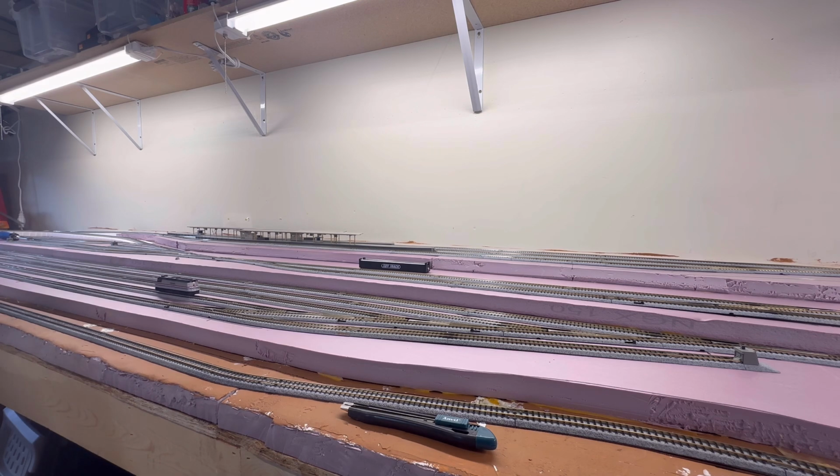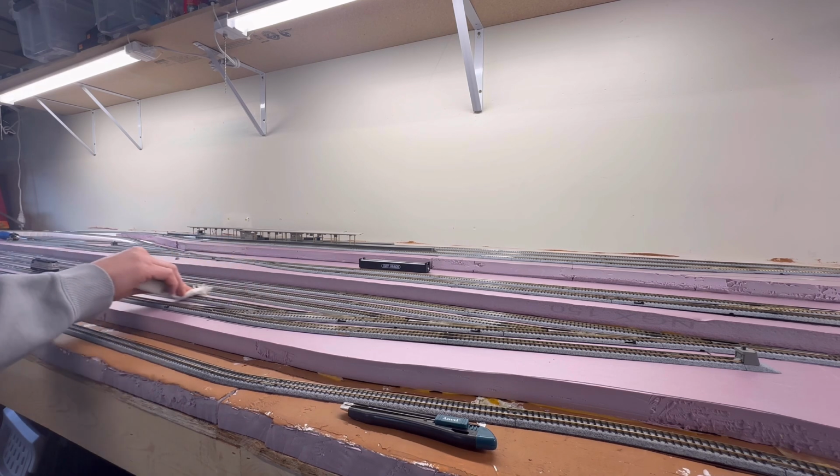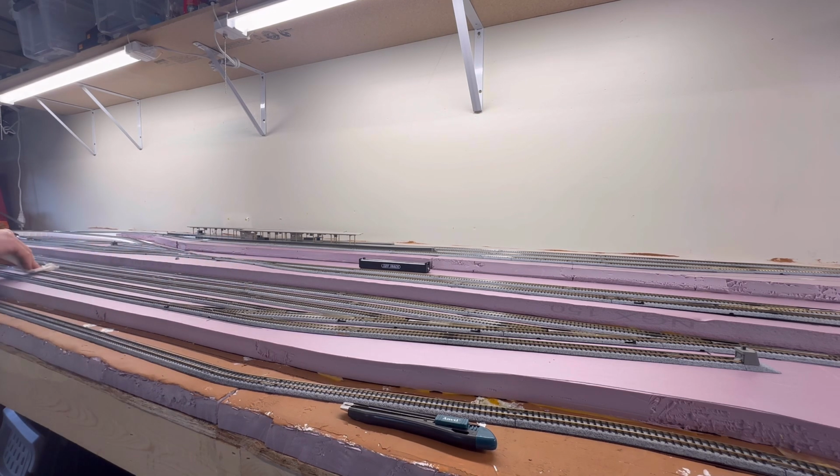All right, that one worked. The other lane here. Okay, we got power. That's a good sign. A little slowish. Okay, other one. All right,